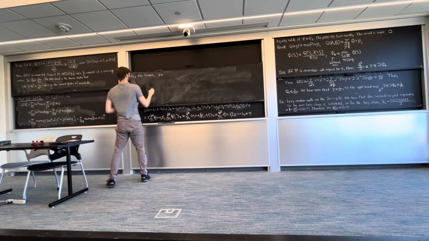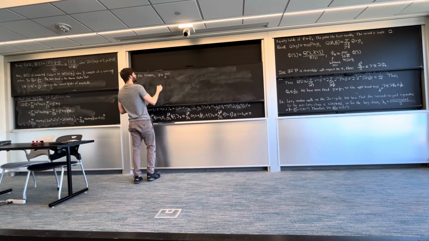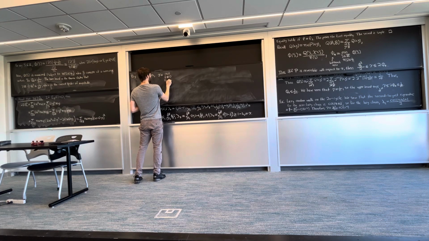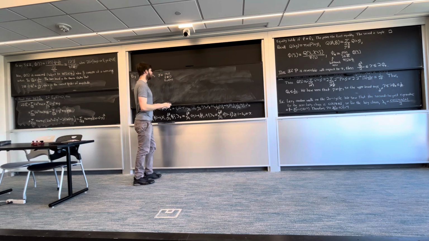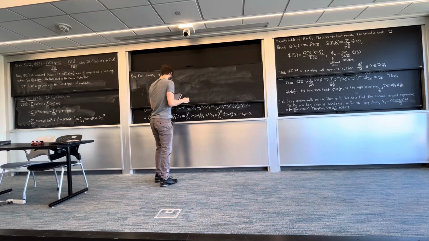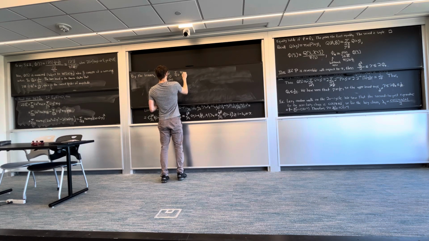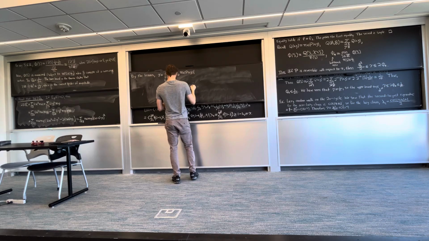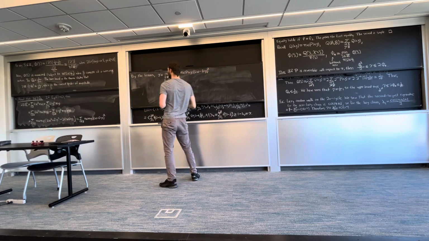So by the lemma, gamma is equal to the minimum over functions f that are not identically 0 of, and also that we wanted this E_pi of f to be 0, of this Dirichlet form, which is the sum over x, y in X of pi(x) P(x,y) (f(x) - f(y)) squared.